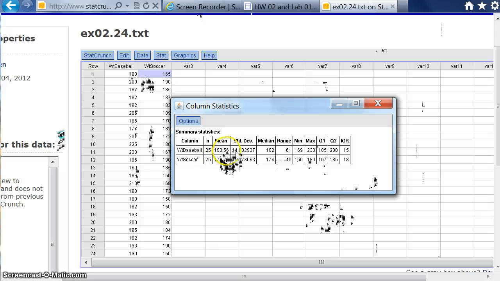We have 25 in each one. We can see the mean for baseball is 193, whereas the mean for soccer is 174.7. The standard deviations are here. Here are the medians, the ranges, and the IQRs. We can see the IQR for soccer is actually a little bit higher at 18, but the IQR for baseball is smaller at 15. But when we look at the standard deviation, the one for baseball is larger, and the standard deviation for soccer is smaller. Okay, so in one sense it seems like the spread for soccer is larger than the spread for baseball, but